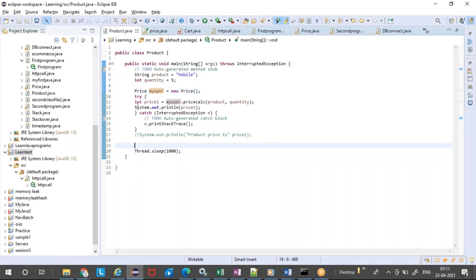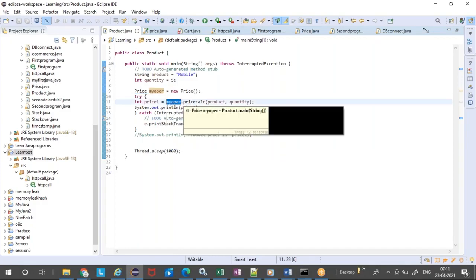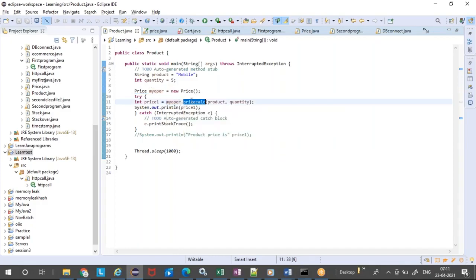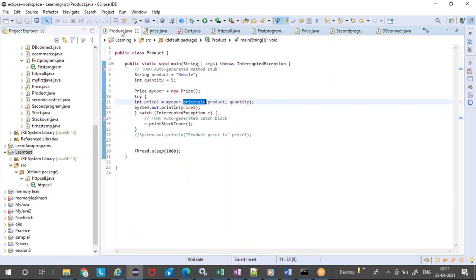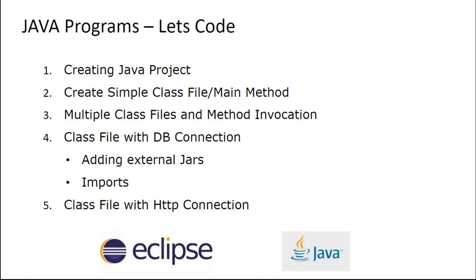They are going to create an object for the second class file, and using that object name, they are going to call the methods that are available in the second class file. So this is how it is going to happen in the real application also. And when we troubleshoot these problems, that is what you will derive as a root cause analysis.